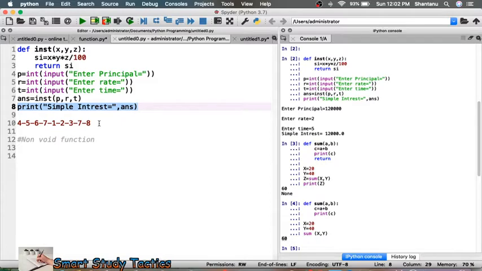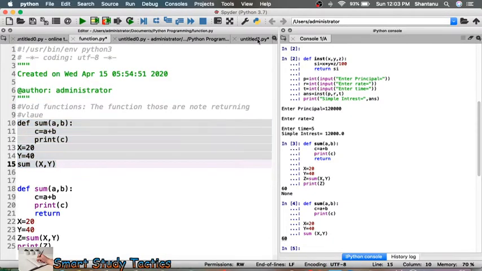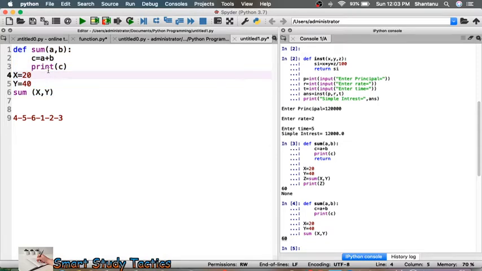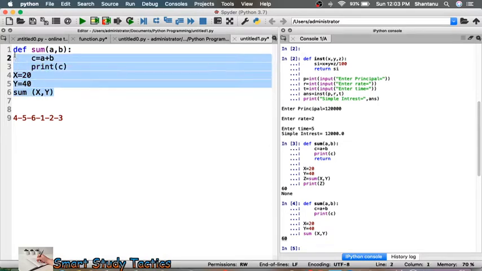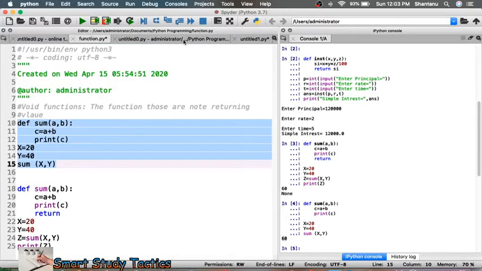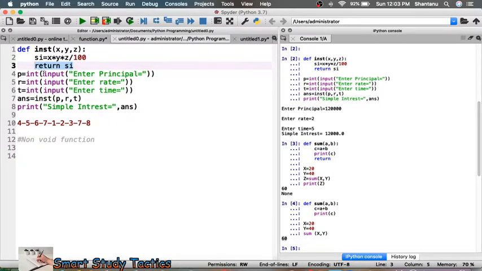One thing I want to tell you here also: if you are using the return statement, or somewhere we have not written a return statement, it is called a void function. Where you have the return statement, it is called a non-void function. Please make sure we have two types of function here also: void function and non-void function.